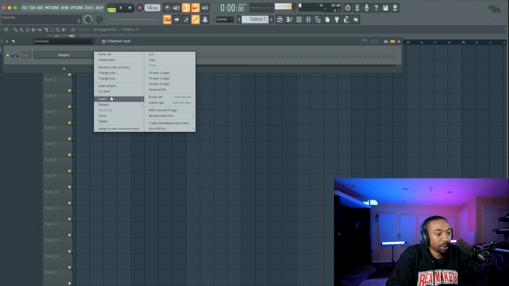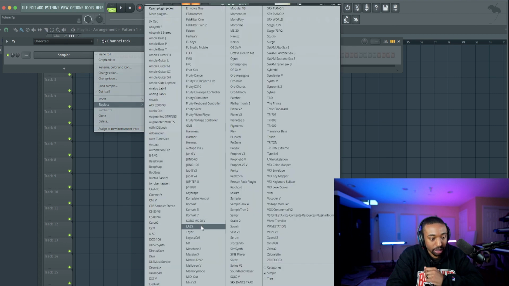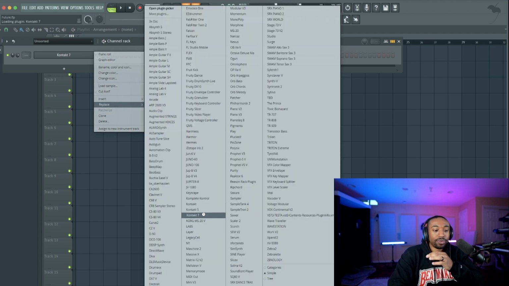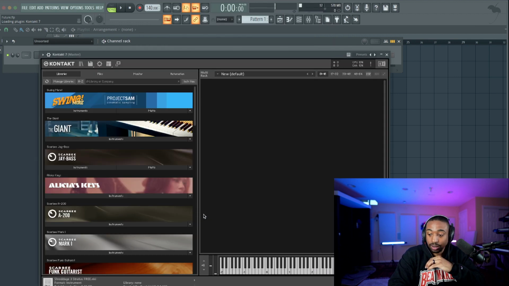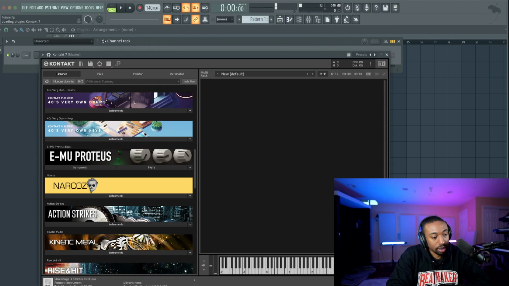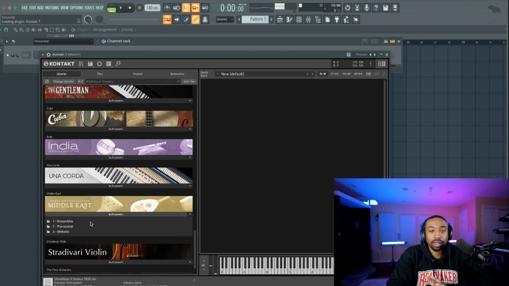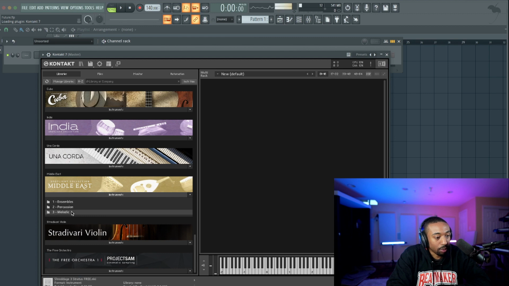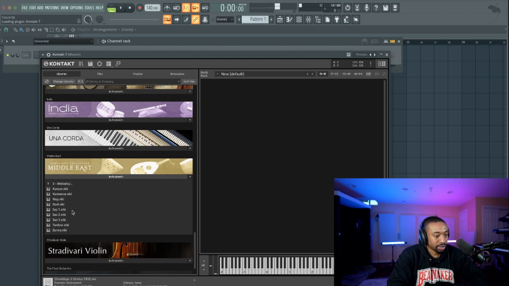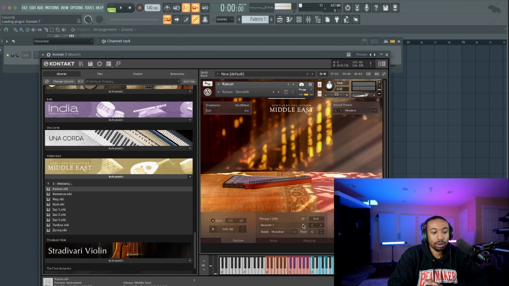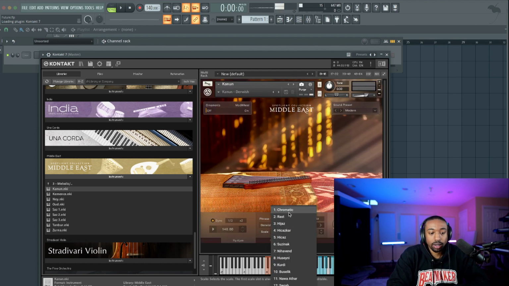Okay, so let's open up the sound. We're going to start with the melody on this one. Let's open up Kontakt. And again, if you ever get lost, I'm going to save the project for you so you don't have to memorize all this stuff, and I'll note anything important. We're going to load up the Kontakt library called Middle East. We want that very ethnic type sound. We're going to go to the melodic instruments and let's do the kanun, if I'm saying that right. Let's switch the scale to chromatic.